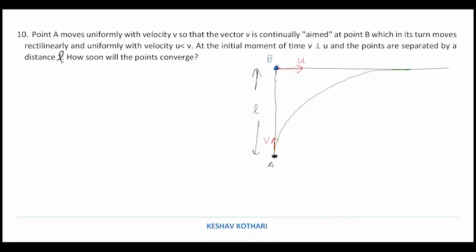So at every point we can understand it by one more diagram over here. Suppose initially B is here and A is here. After an instant B will reach here and A will reach here, so the direction of velocity will be along this line. Again after an instant the direction will be along this line, and again after an instant along this line, and if we jot down these trajectories it is going to come something like this. So every time A is changing its direction so as to meet B. So this is the trajectory which we are talking about.